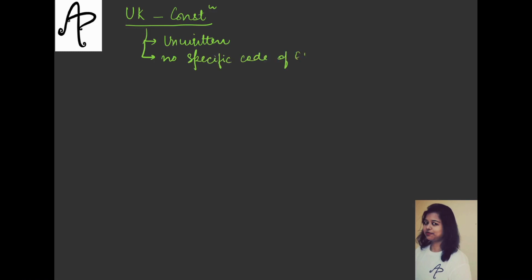Let's try to understand a couple of things about the UK and US Constitutions which will directly or indirectly help us answer this question. When we did the types of constitution, I told you one thing: the UK's constitution is unwritten, that you know, right? Now because that is an unwritten constitution, there is no specific code of fundamental rights like we have. Here there is no specific code of fundamental rights. So here basically the idea prevails that here it is kind of a